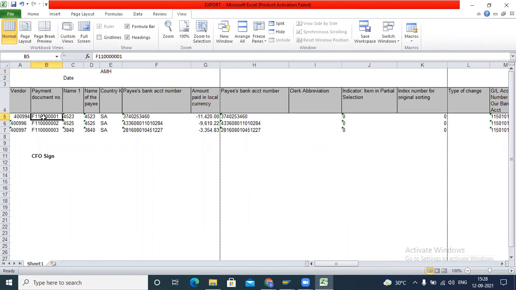Actually, there is no document number generated here. If I give you some payment program to print this, still there is no program available. Need to check this part. I'll also look into this. Okay, I'll try to make it possible.